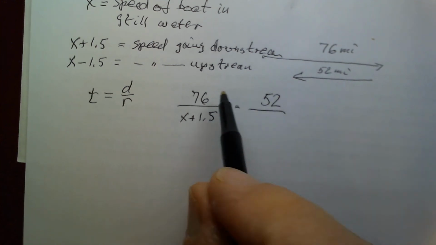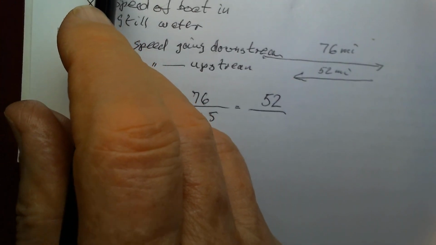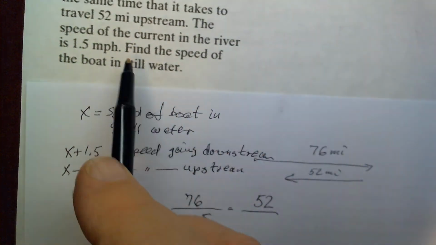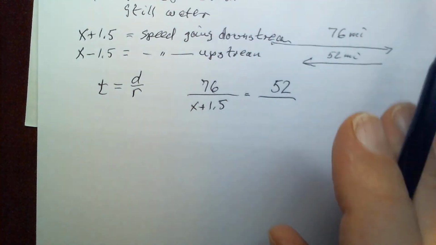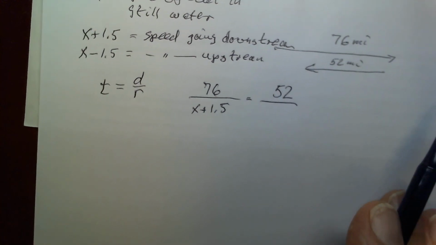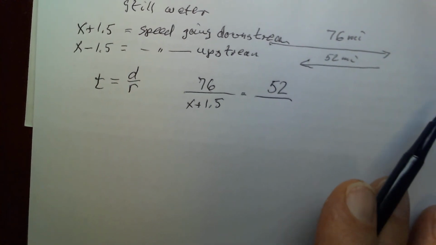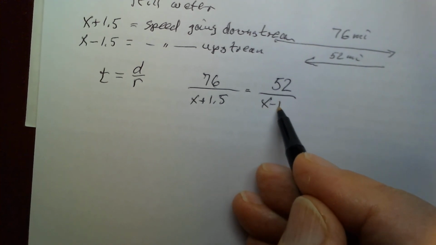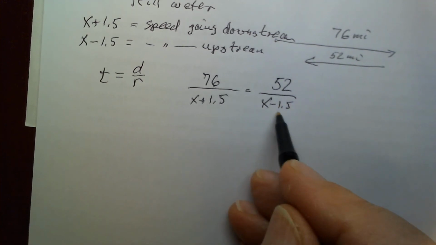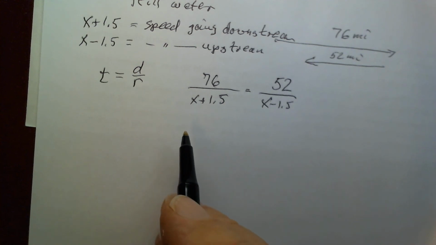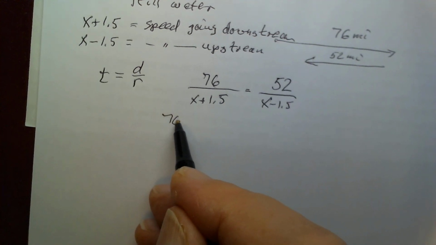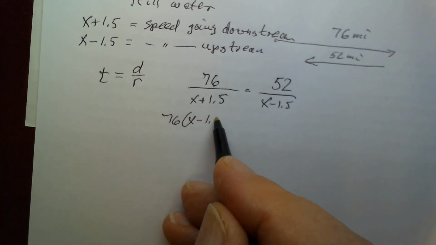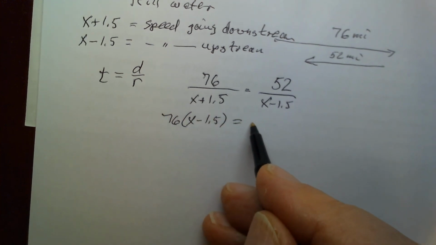So the distance is 52 miles going upstream in the problem statement. And the rate at which the boat is going is x minus 1.5. So when we cross multiply, we multiply 76 times x minus 1.5. That's equal to 52